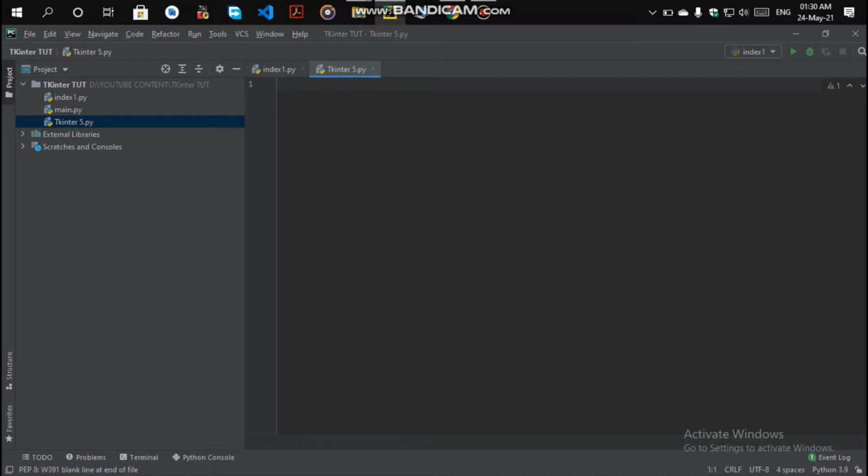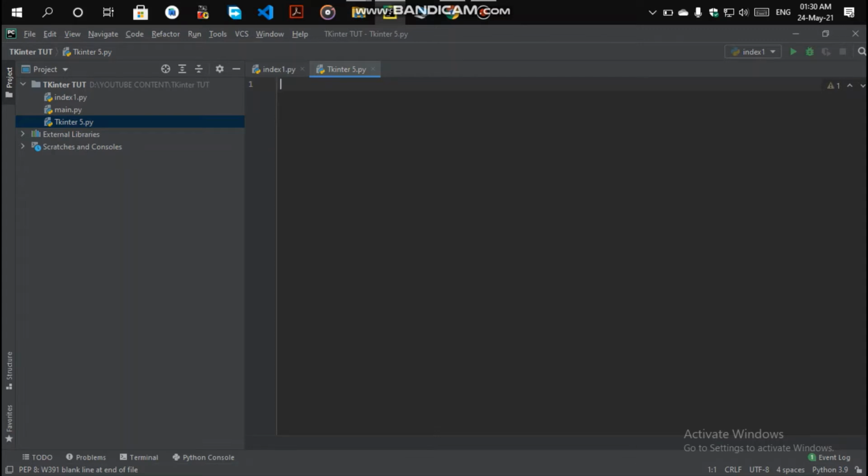And go to the grid. Grid basically places the widget in a cell within the window using numerical values specified to its row and column arguments. If you have worked on an Excel sheet, there are rows and columns, like row 1 column 2, row 2 column 1. The whole concept is used in the grid too. Your window is divided into some rows and columns, and those row and column values decide where your widget will be placed.